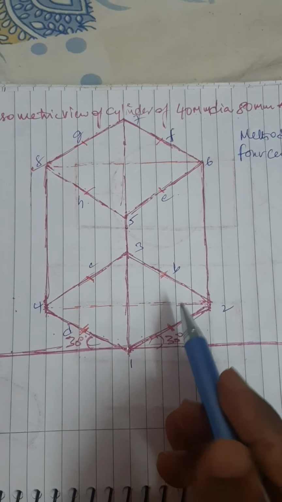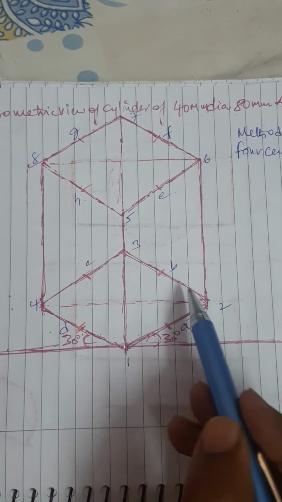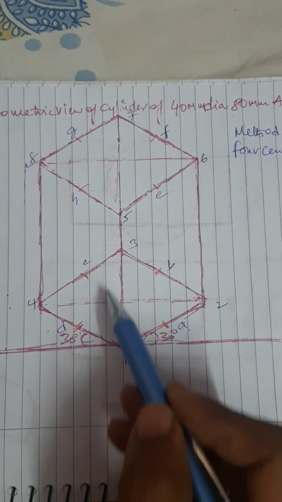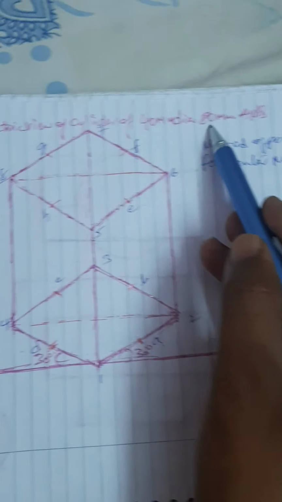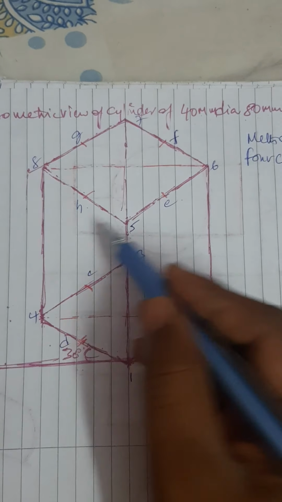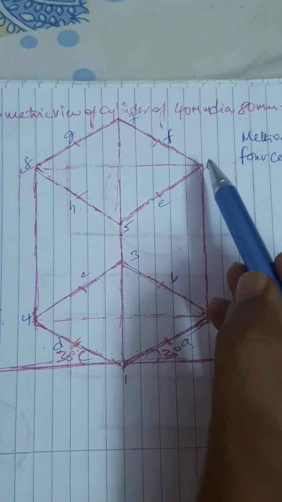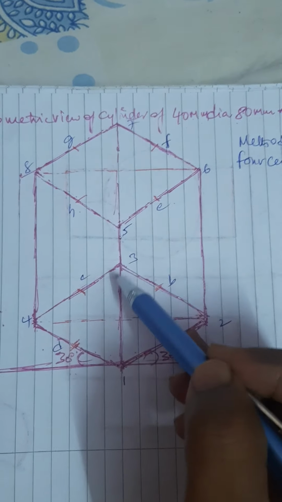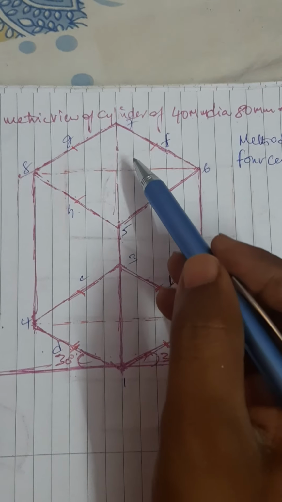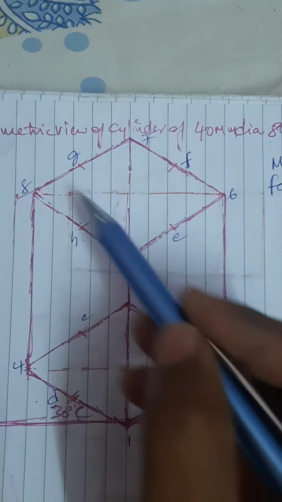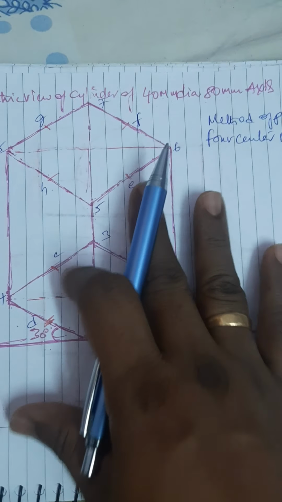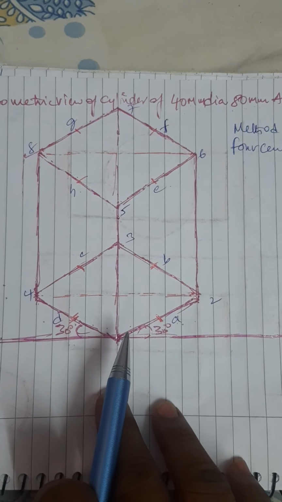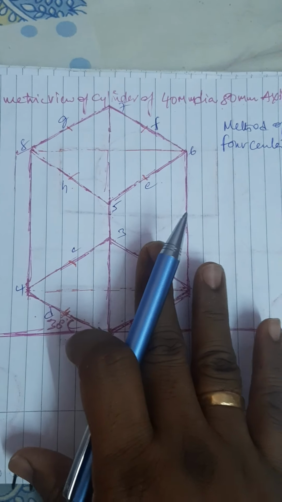And after this, by drawing projectors from each corner of this square, of length 80, since the height is given as 80, and next by joining the top points of the four projectors of vertical length, here also we are going to get one more square. So finally we are going to get one square prism like this. So after constructing the square prism,